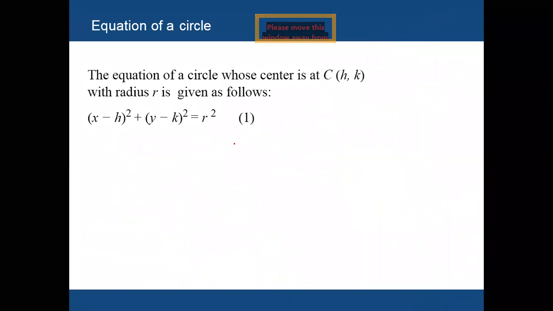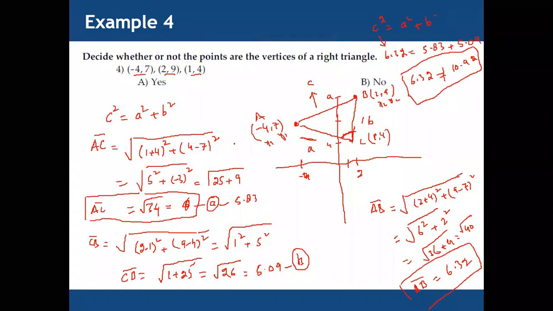Next one. Professor, yes. In here it says c square equals a square plus b square. Doesn't 6.32 take a square? Wait. Yes, these take squares. We need to square this side, and we need to square both these sides. Also squaring this side and this side. Then we can discuss. But I think these are not equal. Yes, you are right, mister. Thank you.